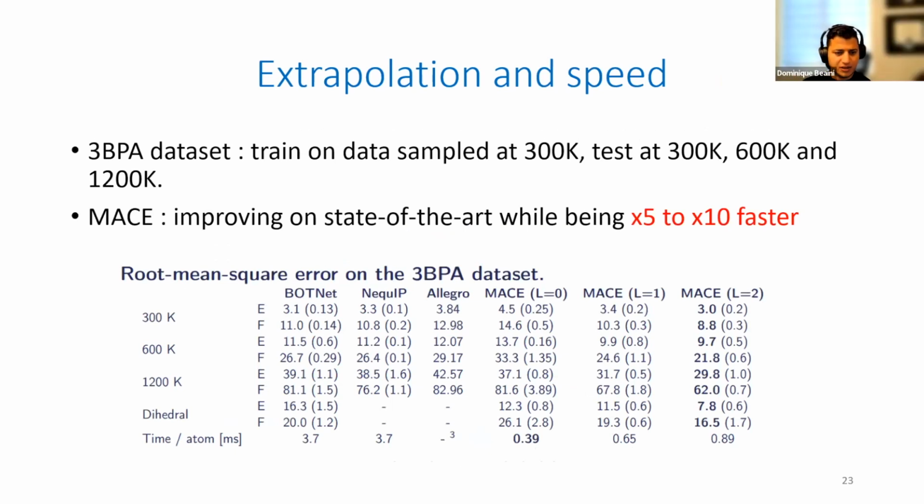Depends on the cutoff. So here, how are you training on data at 300 Kelvin and testing on data at 600? Where does the temperature go into your model? You train only at 300? So when I prepared this dataset, I was running MD at 3 different temperatures, and then I took independent samples from each of the 3 temperatures, and we use the 300 Kelvin data for training, and independent samples from 600 and 1200 Kelvin for testing.